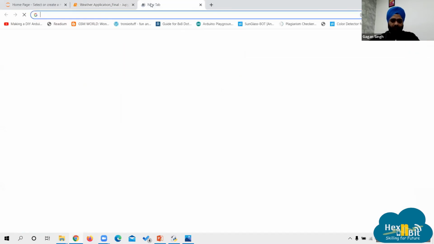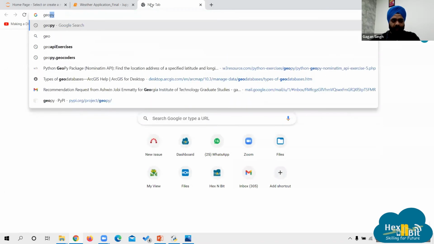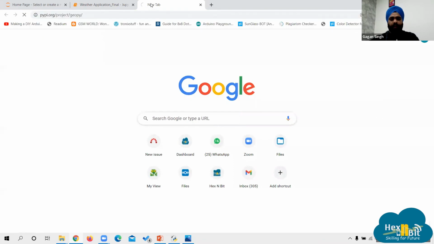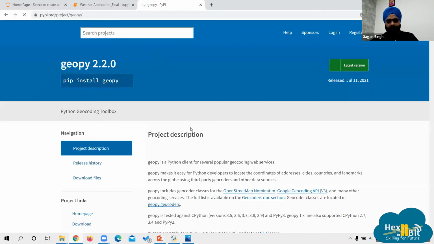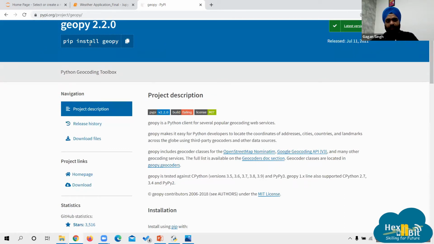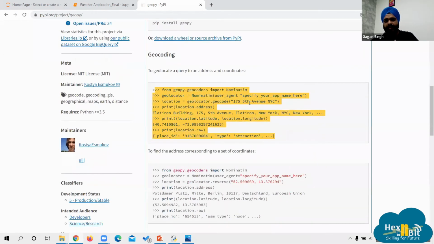You can read it from here. GeoPy PYPI, the official document. What GeoPy is used for, the command for installing it is this. It's an external module. You need to download it externally. So the sample code is given out here. By using this, you can get the coordinates of any location you are trying to enter.